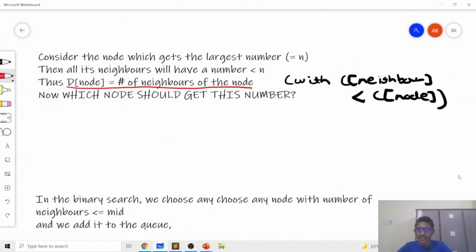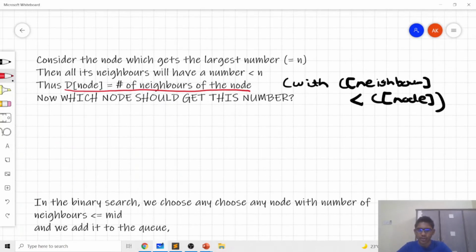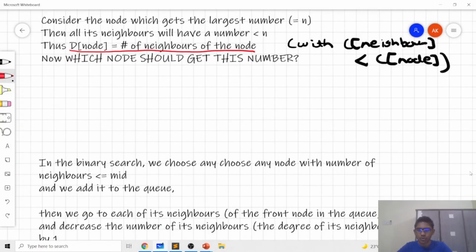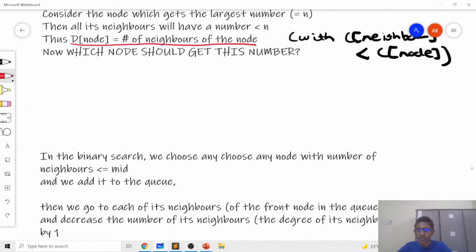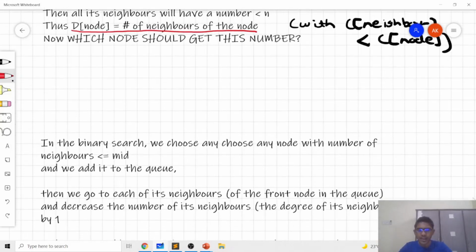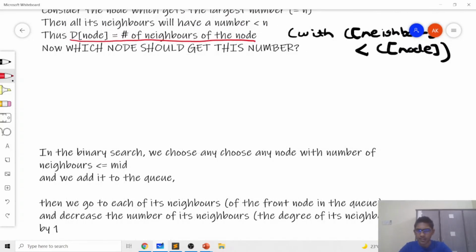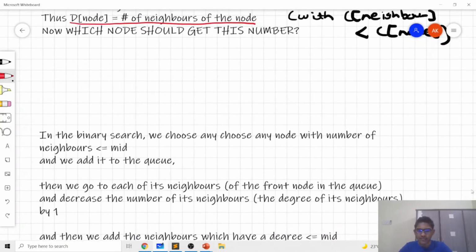So basically formalizing the algorithm, in the binary search, we choose any node with number of neighbors less than or equal to mid and we add it to the queue. Then we go to each of the neighbors of the current node which we popped from the front of the queue, and decrease the neighbor's degree by 1. And if that degree of the neighbor is less than or equal to mid, then we add it.